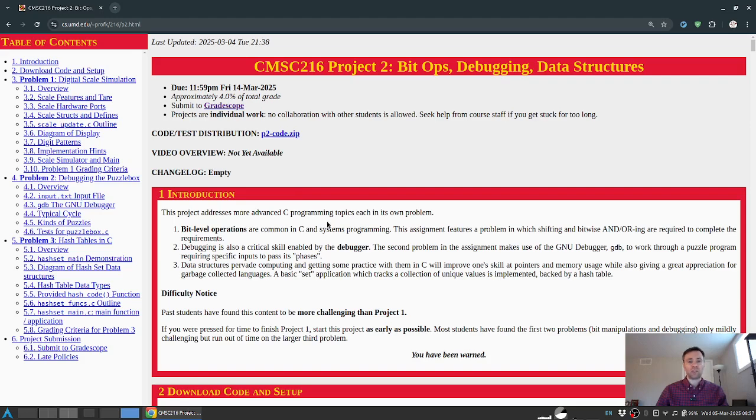And generally, the problems address three separate domains. The first is something we got through in lecture the other day, and we'll now have a chance to practice bit level manipulations. So operations that modify values at the bit level. And we'll see an actual application for that, which is somewhat reminiscent of how it's used in the real world in some settings. The second problem deals with use of the debugger, and GDB will be used to address this Puzzlebox program that requires certain inputs in order to earn points. And finally, we'll do a little bit of basic data structure programming to code up a hash set in the